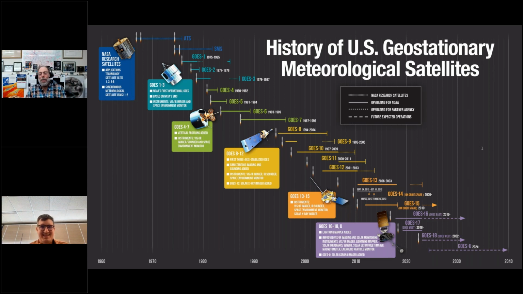Well, of course, first of all, bands 1 through 16 are my favorite band. If I really could only pick one band, I would probably pick band 13, the clean IR window. But I do have to say I'm somewhat partial to the 7.3. Towards the end, we spectrally tweaked that a little bit so we could still see water vapor, but get a better job of looking at SO2 with it as well. And I had a hand in that. So great question, Bill. Sorry, a tough answer to give.